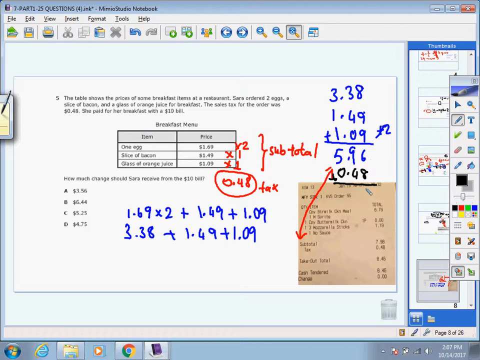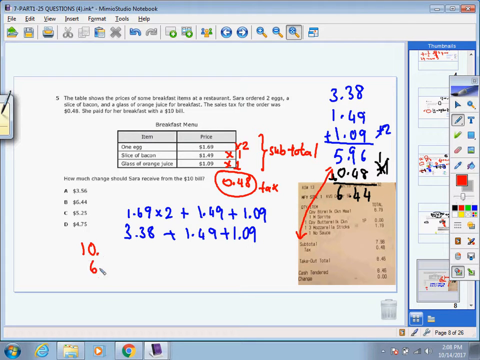So 6 plus 8 will give us 14, plus 1. 9 plus 4 is 13, plus 1 will give you 14, carry 1. 5 plus 1 will give you 6. So I have $6.44, and I have given $10. So $10